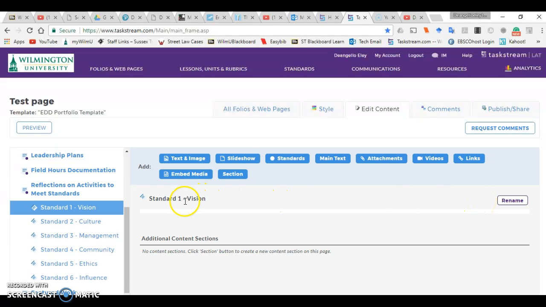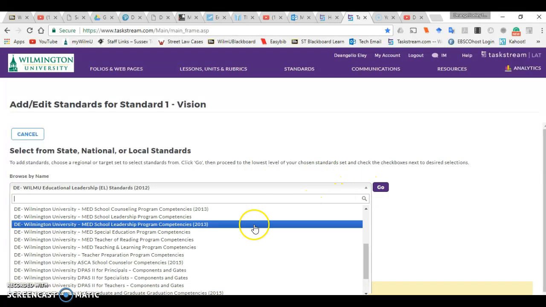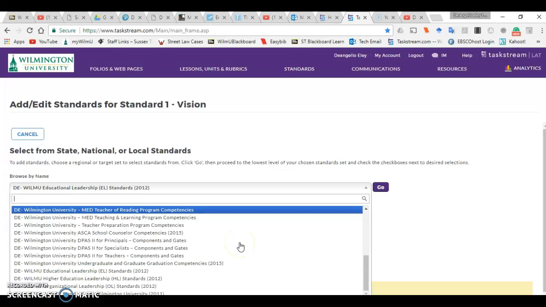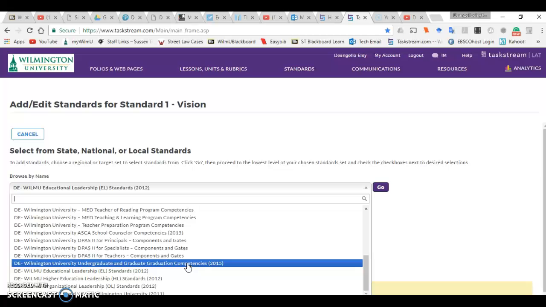So we're in standard 1. Now we have to find all the standards for ELIC standard 1. So you go to standards, and we need to make sure you select the correct standards to choose from. So we're going to come here. I already made this selection, but you click on the drop down menu, then you search for the EDD course. So it'll be WILMU